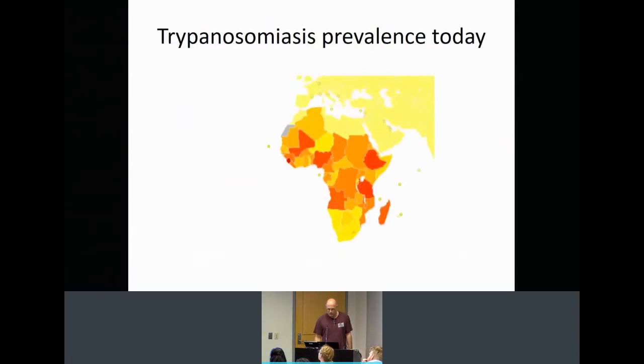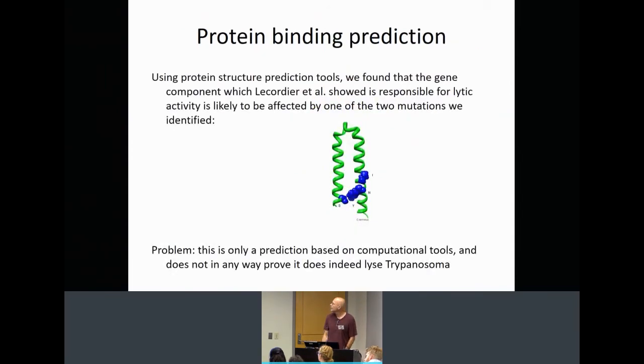So this was supposed to show that West Africa is actually traditionally, and still to this day, a place where African sleeping sickness is a major concern. This is the origin of most of the genetic material of African Americans. So one thing we did was study these mutations and figure out that they are related to the ability of APOL1 to kill this parasite. Basically, some prediction mechanism says that they are related to the change in function that allows it to kill the